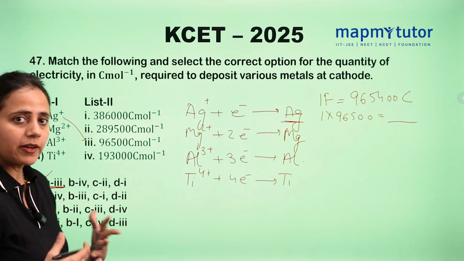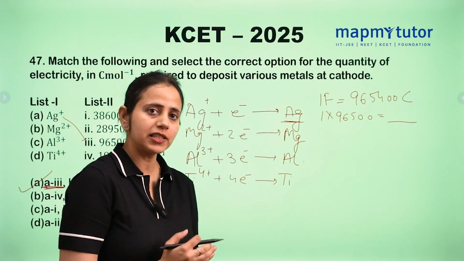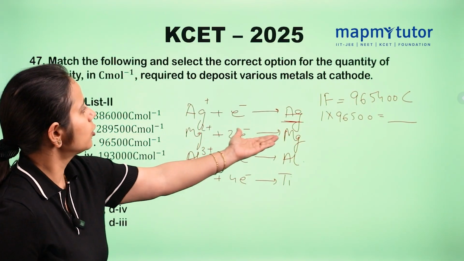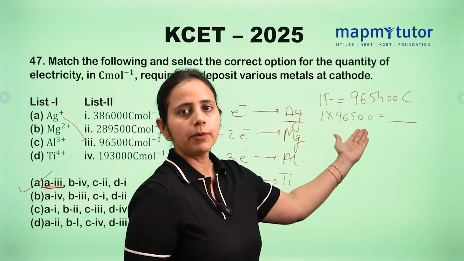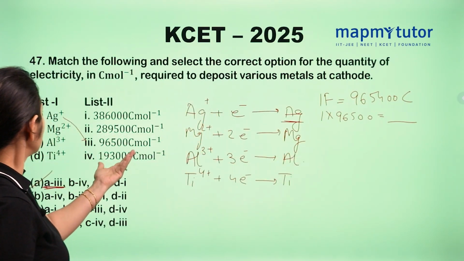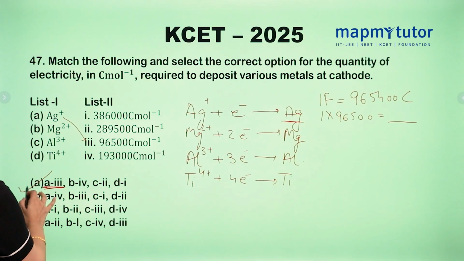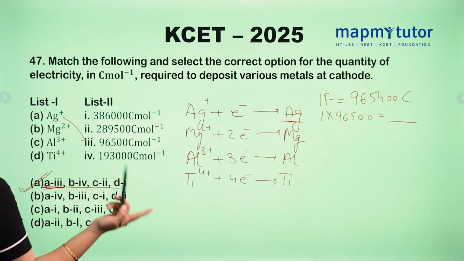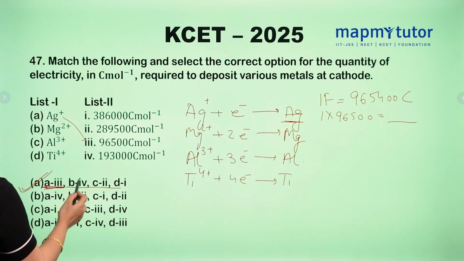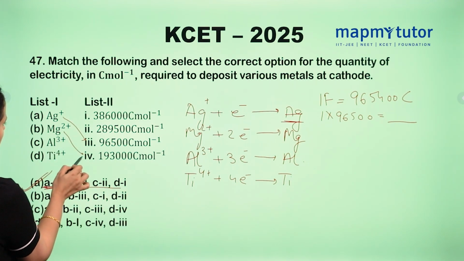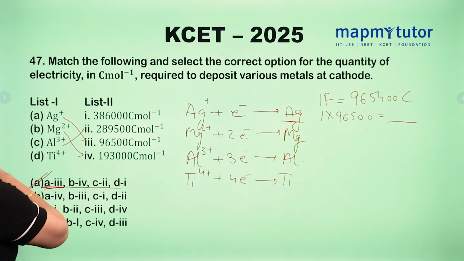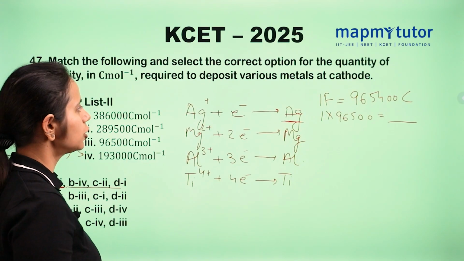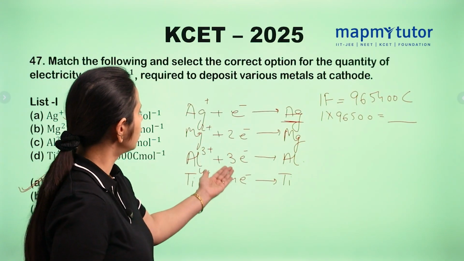When there is a long calculation problem, first see the simplest way you can calculate the question. Like this, we need not multiply. We know 1 electron is there, multiply by 96500, we get the same answer, so we get answer A directly from here. By calculating, if we multiply 96500 by 2, we get 4. B is for 4, C is for 2 and D is for 1. While solving, you will get the same answer. You just need to multiply 96500 with 2, 3 and 4.